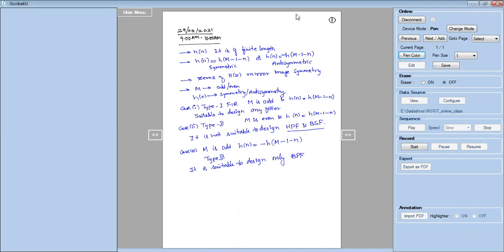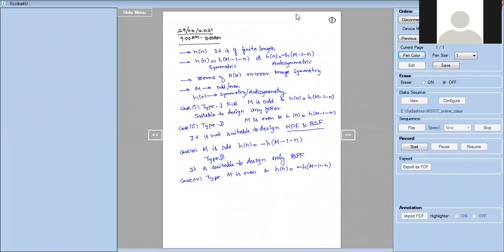Next, type 4. So type 4 is case 4, where M is even and my h of n is antisymmetric, minus of h of capital M minus 1 minus n. So what for this type 4 should be used? This type 4,